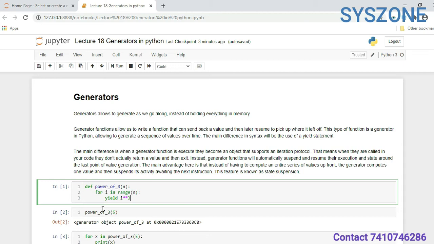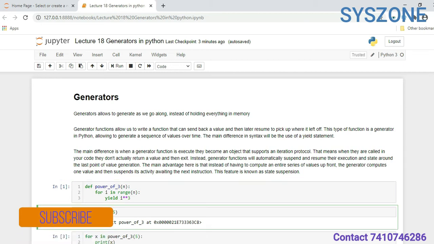Now I am calling this function, and the value of n is 5. When I run it, in this scenario we will not be able to get the values. Instead it gives us a memory location, where the values from this function have been stored.